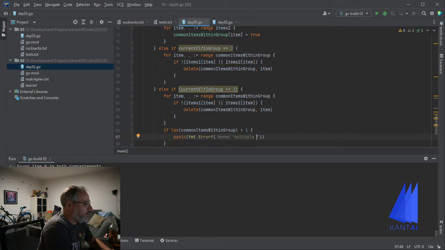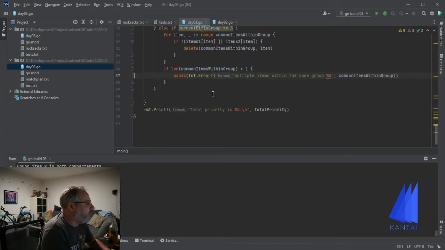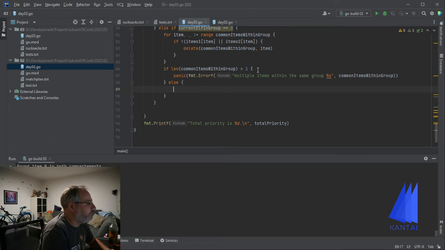Multiple items within the same group. And then maybe also print those items. I'm not sure if this works, we will see. Okay, otherwise, if it's just 1, this is basically the case that we expect, that it's equal 1,